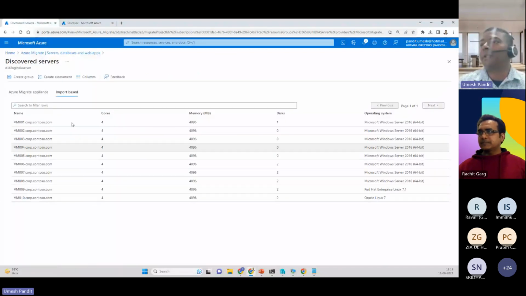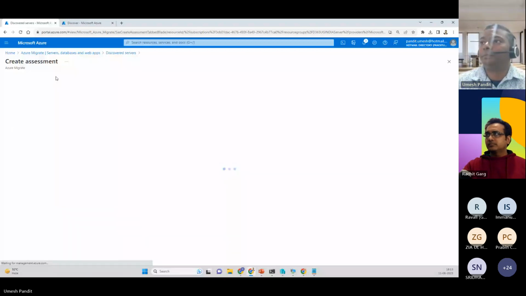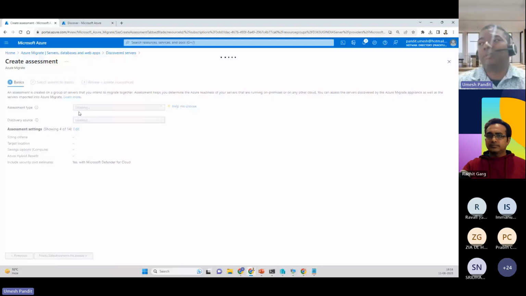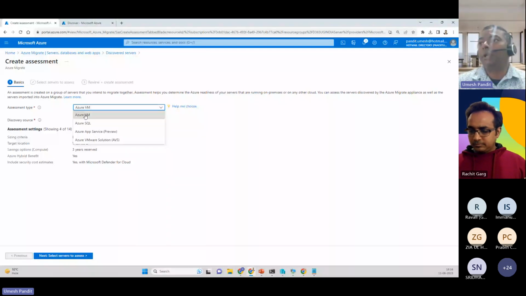And that's the server. You can also do a quick assessment. This assessment can be shared with your management team. So let me showcase that as well. This assessment is basically that while you are on-premises, what is the cost? And while you move to Azure, what could be the costing? Okay, going forward. So go to the assessment, Azure Virtual Machine,